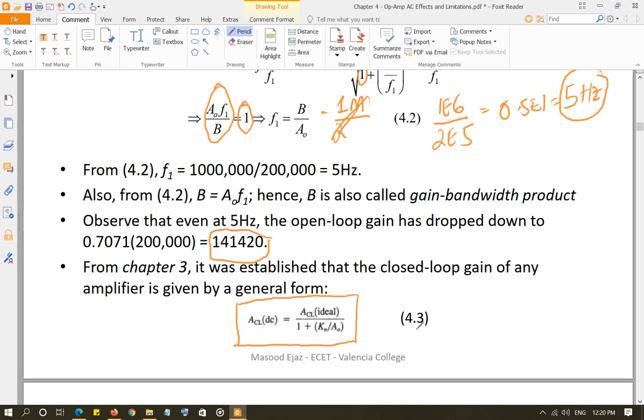So again, for the sake of simplification, if we assume that ACL DC is equal to ACL ideal, which is a very valid approximation, because again they are just so close to each other. Again, why? Because of course Kn is generally quite smaller than open loop gain A0, which is 200,000. So this factor is quite smaller than 1, and when you add 1 to that, it is almost equal to 1. So if we assume that these are equal or almost equal,